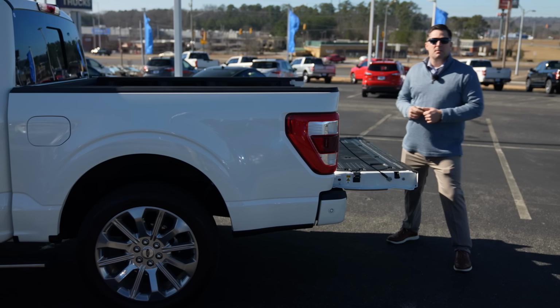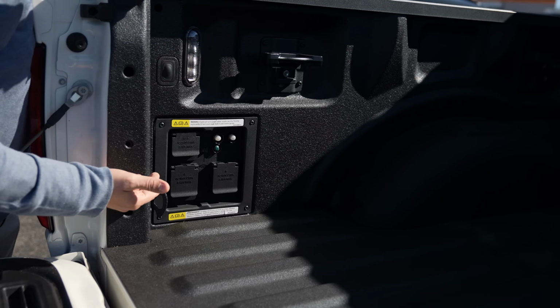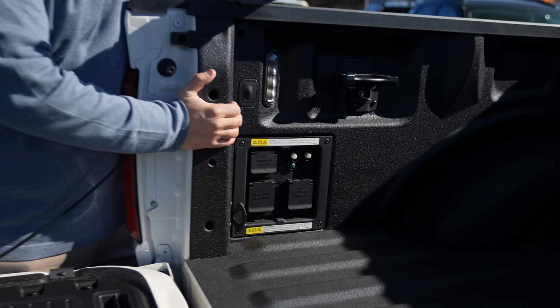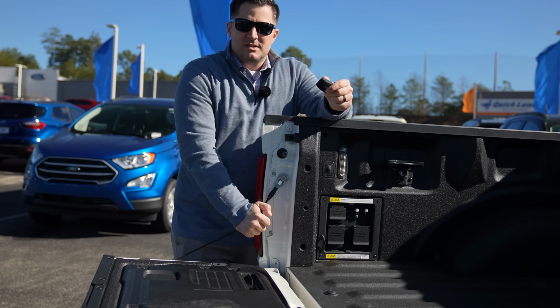But let's go ahead and take a look at the Pro Power Onboard and show you some of the features about that. I absolutely love this setup, especially if you're going to be working out of the vehicle. So the Pro Power Onboard has got a couple different things. It's available on most of your engine options. I found out that it's not available on things like your diesels, and there's a couple of nuances there, but